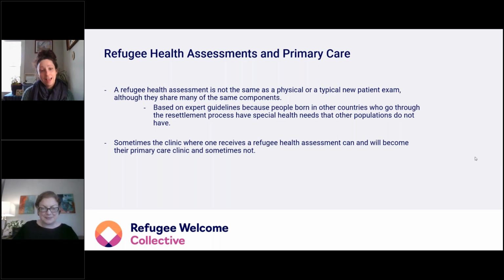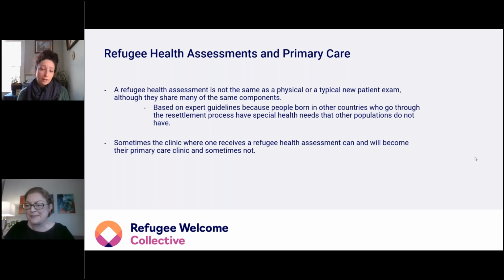So saying that, every state has these providers who know how to do this exam in different places. Here in Minnesota, we have a model where we have mostly primary care clinics, who have providers who are interested in refugee health and have agreed to do the refugee health screening. In other states, they have clinics where they only do refugee health screenings and that's it. So they're very specialized in that care. Some people have them done at local health clinics who then will also do immunizations and TB care, but that's it. So it's really important to know in your state what their process is.